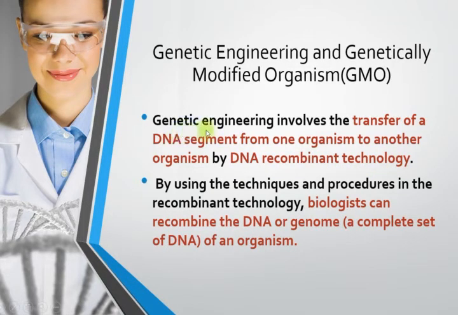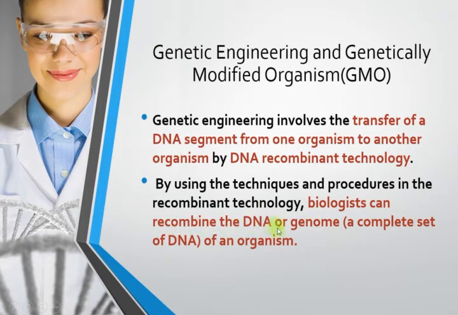So genetic engineering will involve the transfer of a DNA segment from one organism to another organism. By what technique? By DNA recombinant technology. So by using the techniques and procedures in recombinant technology, biologists can recombine